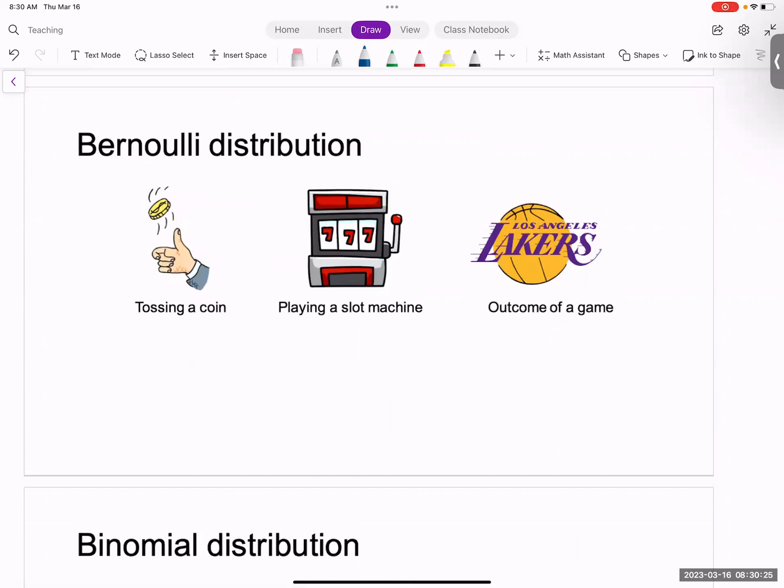The first and the very simplest distribution is a Bernoulli distribution. Think about any event where the outcome is binary. That's a Bernoulli random variable. Think about tossing a coin, playing a slot machine, the outcome of a game. In all of these cases, the possibilities are either win or lose, heads or tails, 0 or 1, things like that, right? So let's define P as the probability of success in a single trial,